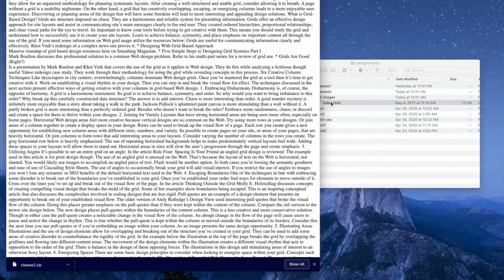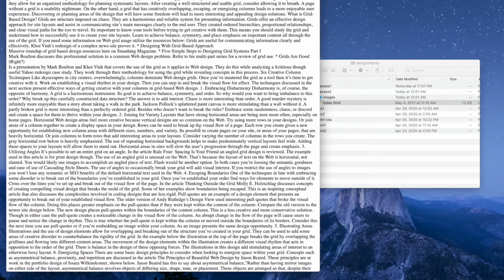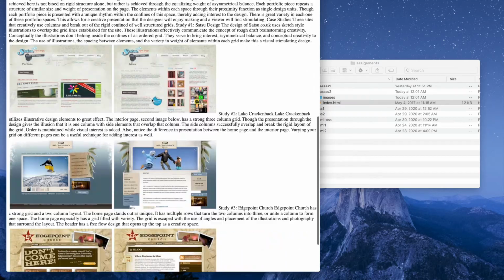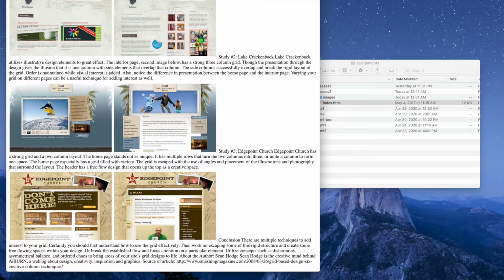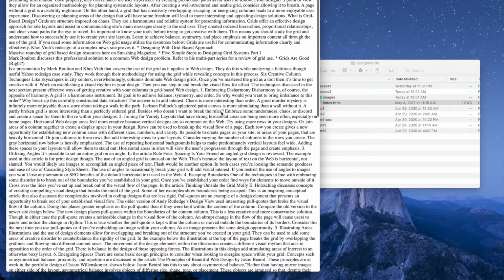I'm going to go ahead and open up the index.html, and I can see that there is pretty much nothing done for us here. So this assignment is going to combine everything that you've learned this quarter. So it's going to be a great review. You're going to have to put in the HTML, you're going to have to put in the CSS, you're going to have to do the classes. So you're going to have to do everything. But it's all good. It's not going to be that tough at all. All right, so